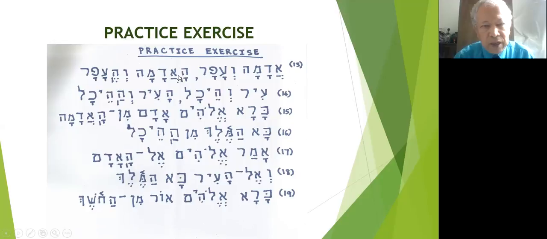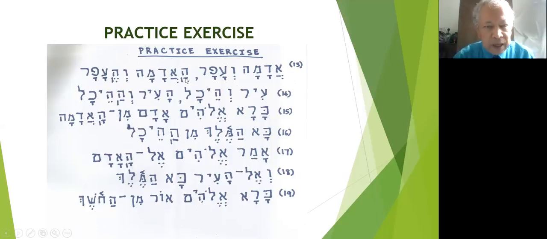But when the definite article comes before a noun that begins with a guttural letter, such as aleph, it cannot be doubled. Normally, the first letter of a noun should be doubled. And because it can't be doubled, aleph is a guttural and can't take a dagesh forte,